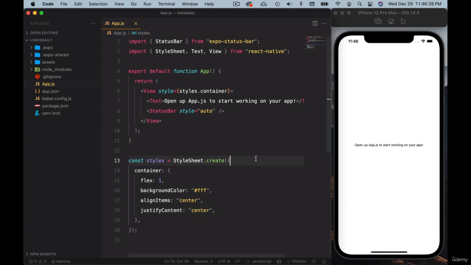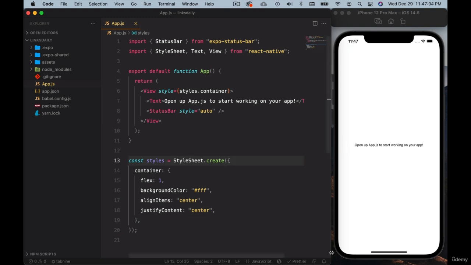Alright, so now we're going to learn how to lay out the items. I guess that's one of the most important things you want to learn when you're building native apps for mobile devices. So for example, let's imagine that this text we have could be anything. Instead of text it could be anything. So let's see how we can put this on the top